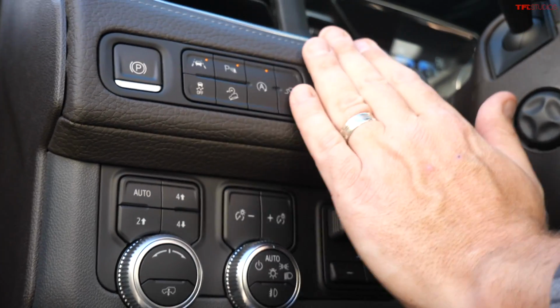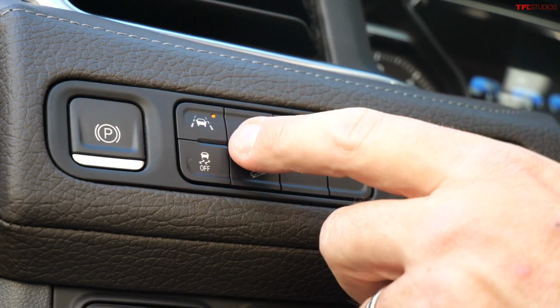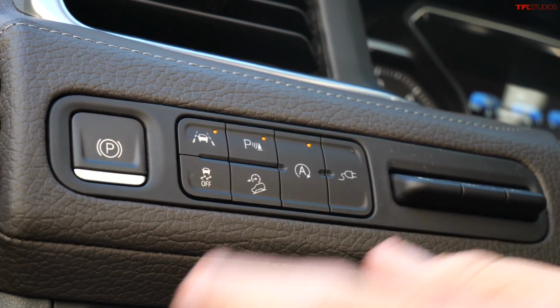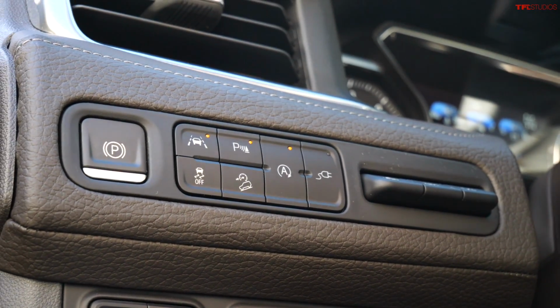Plus, I have a plethora of driver assistance technologies, including lane departure warning, and of course parking sensors, hill descent control, and my traction control system. Everything you need. Of course, any luxury vehicle also needs to be very comfy in the back seat, and I'm